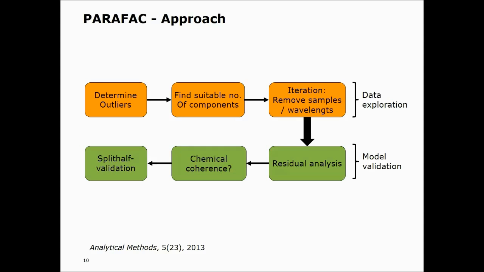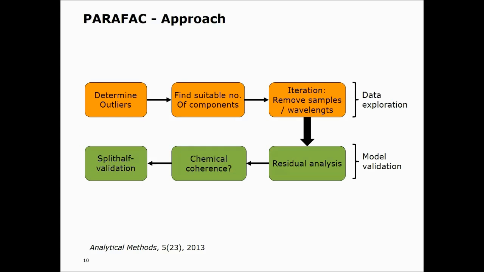We first of all need to consider the residuals. So do the residuals resemble a distribution that is random, or is there structure in the noise? What's the overall magnitude of the residuals, and so on and so on. Once we're happy with that, we need to take a look at the loadings of the ParaFAC components. In other words, do they represent typical organic fluorophores, or do they have some loading that doesn't really represent typical fluorophores, in which case you should question whether or not ParaFAC, or this particular ParaFAC model, is